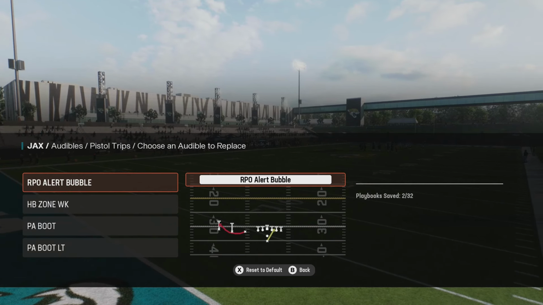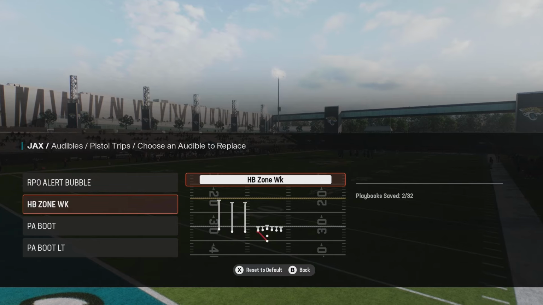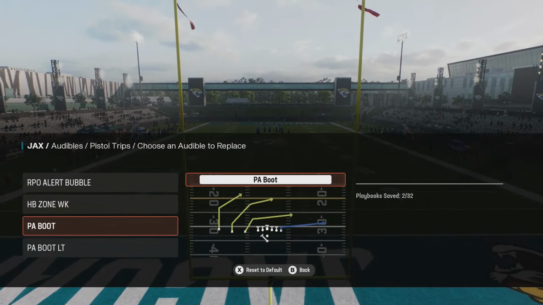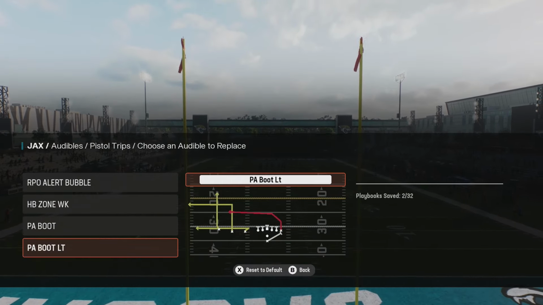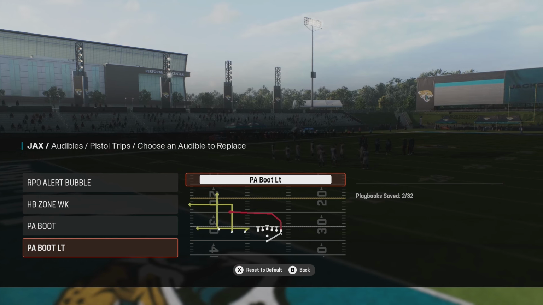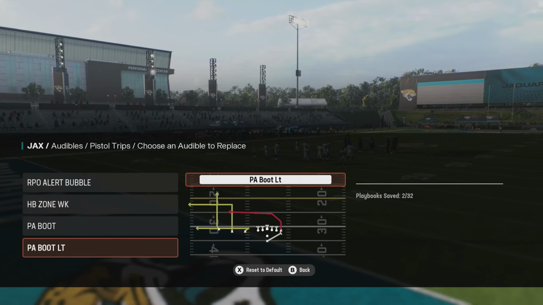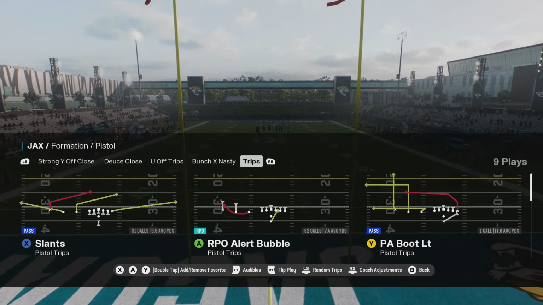Let's go ahead and jump into these audibles. These are going to be the important plays right here. The RPO alert bubble. The most important play is probably this HB zone weak. And then my two go-to pass plays are the PA boot and the PA boot LT. Now this play is important because it has that built-in zig route. And if you don't have hot route master, this is going to be a go-to right here. And you're going to see why when we get into the practice field. So from here, let's go ahead and jump to the practice field and show you how we set this scheme